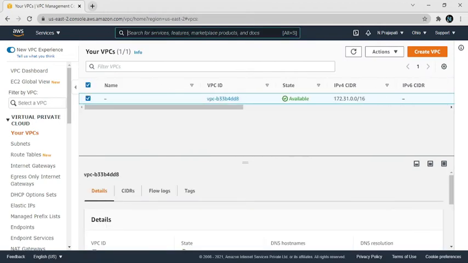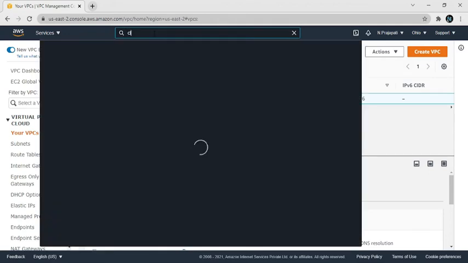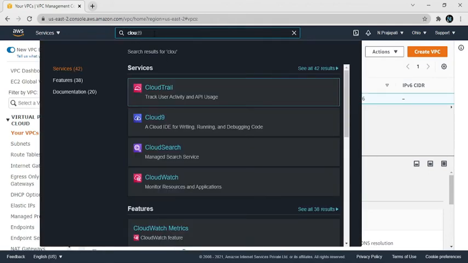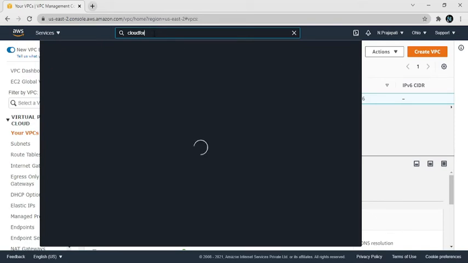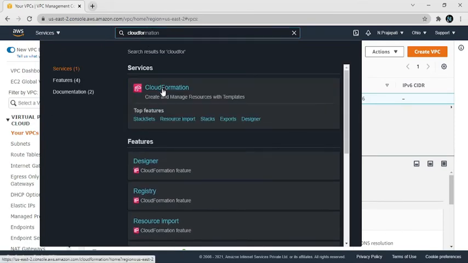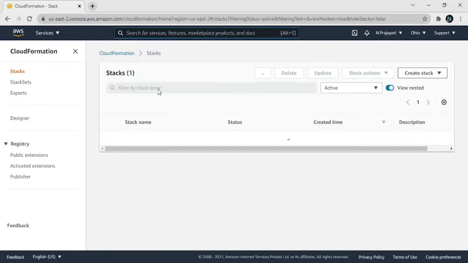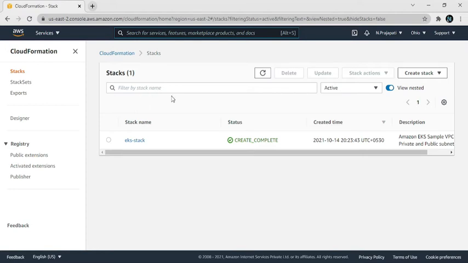So to create a VPC, go to CloudFormation, and click on CloudFormation. Here I have already created a CloudFormation stack, so I will create a new stack.